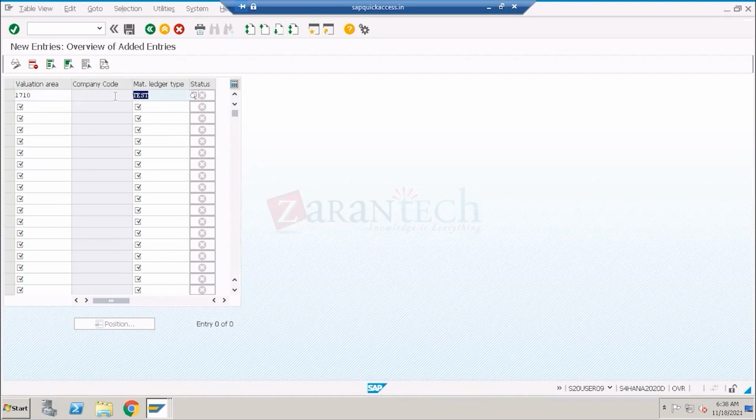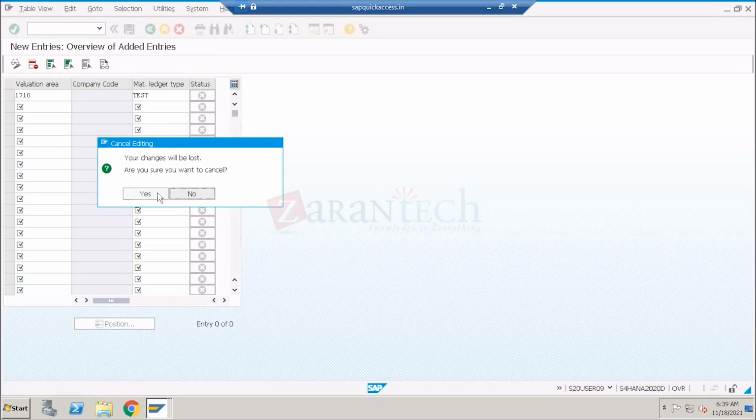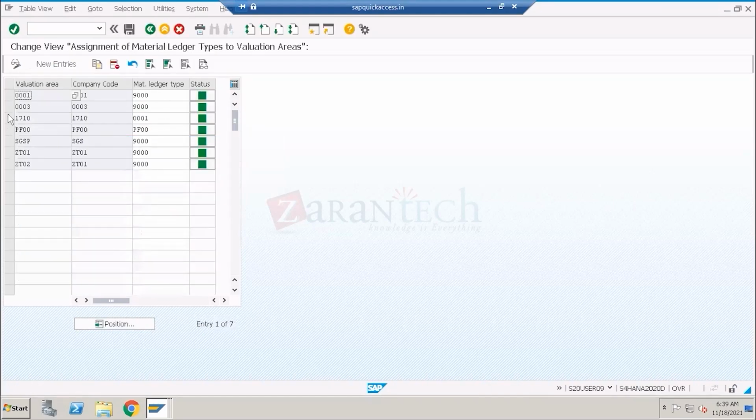Material ledger type is assigned to your valuation area means, okay, now your plant is called a valuation area so that you can valuate the materials in 3 different currencies. What are the 3 different currencies? Then I need to go and see what are the currency types I assign. This is a very, very important step. Once you complete this assignment, whatever the type you're going to be assigning,